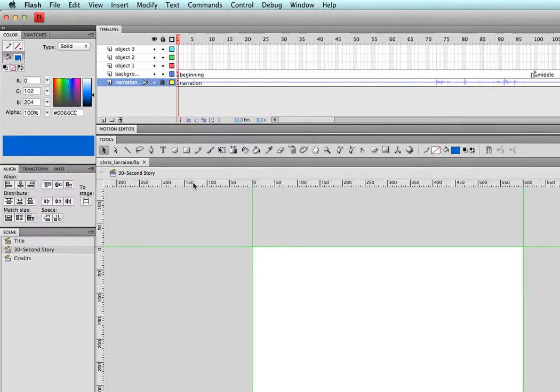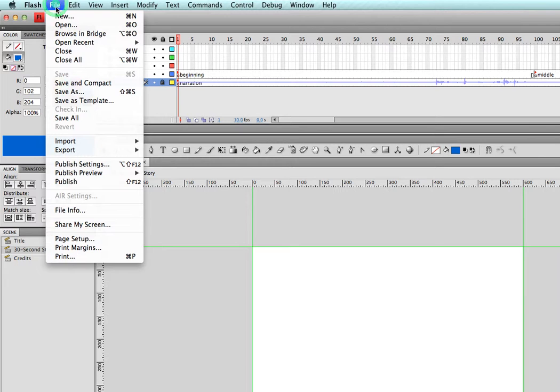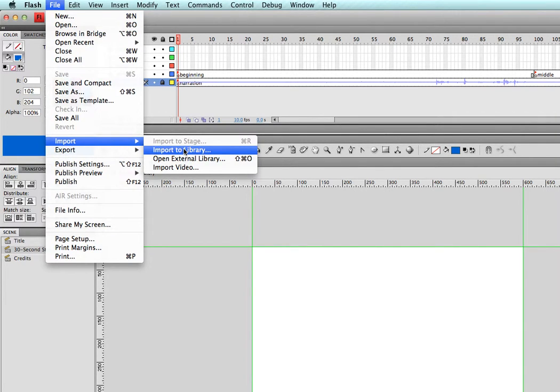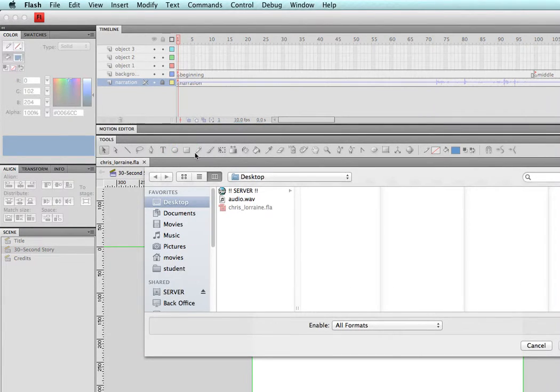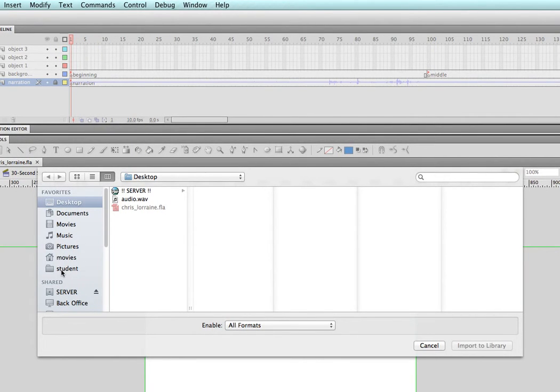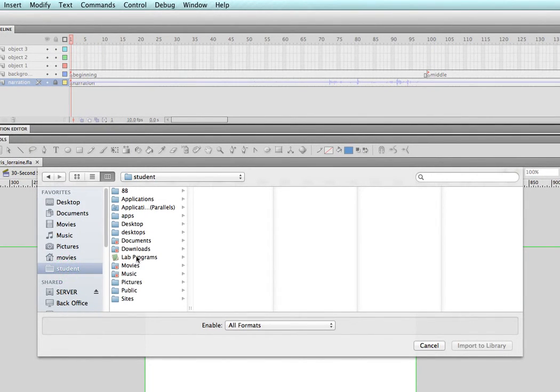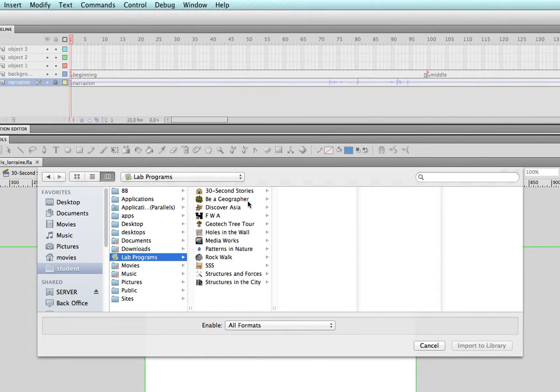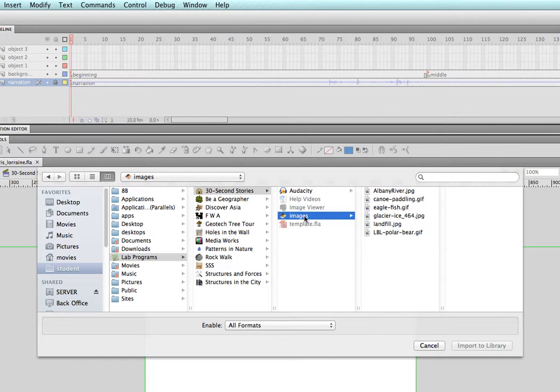Now let's get all of our images. We're going to import them to the library again. So File menu, Import, Import to Library. This time you're going to click on the Student folder, then Lab Programs, 30-second Stories, Images, and here we have